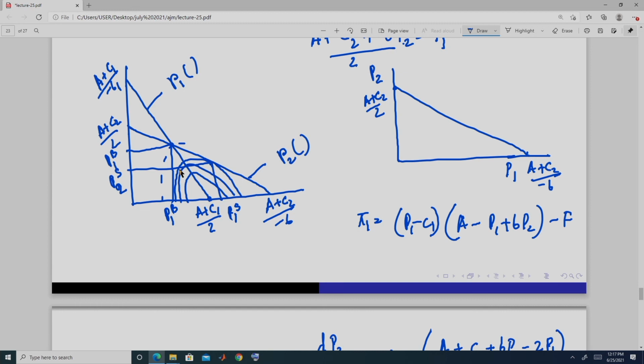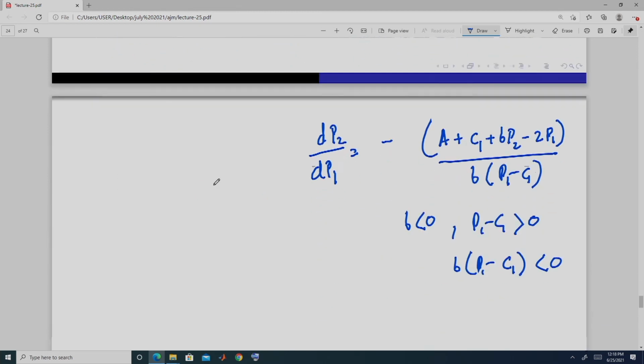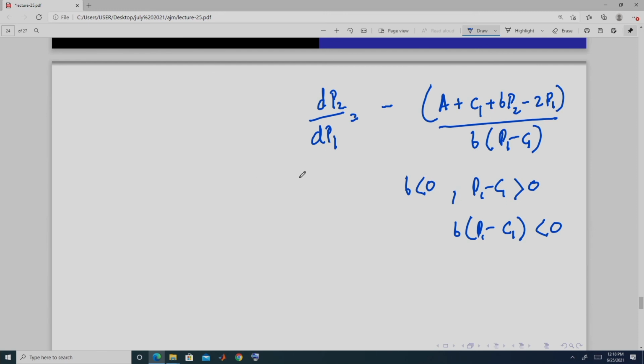Now, whether there is a first mover or second mover advantage. In this case you will see that this point should give firm 2 the maximum profit, and this is when they move simultaneously, and this is when firm 2 moves second and firm 1 moves first. So, here this is going to give it a higher profit than this. So, firm 2 has a disincentive to move second. So, we get that again there is a first mover advantage